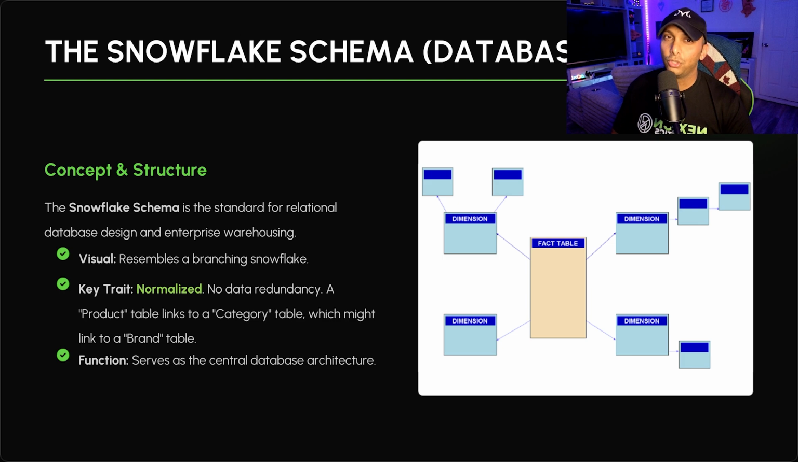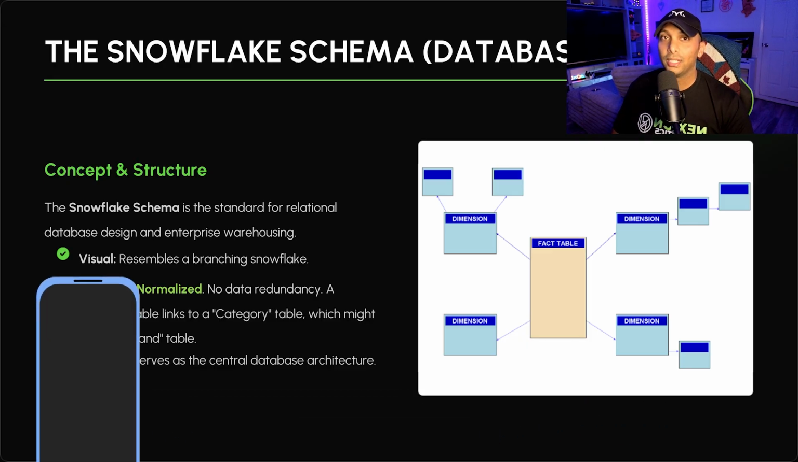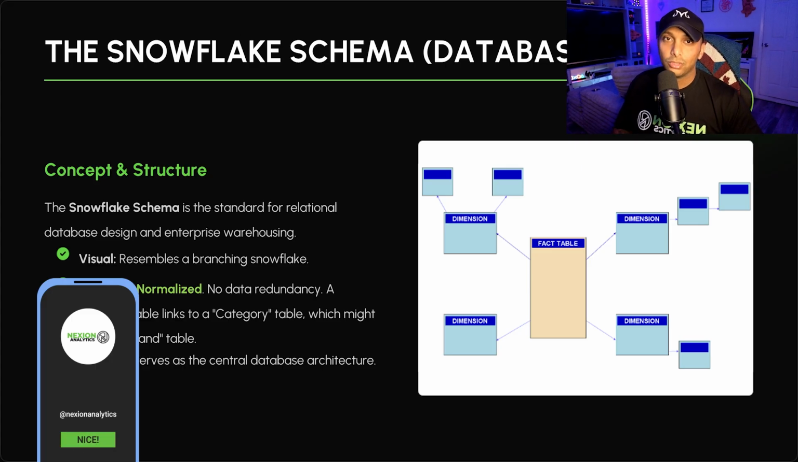So next up, we have Snowflake Schema. In contrast, this is a standard for relational database design. So the architecture here is normalized. So we don't repeat data here. If a product belongs to a category, we don't write the category name in the product table. Instead, we store a category ID, which links to a separate distinct category table,